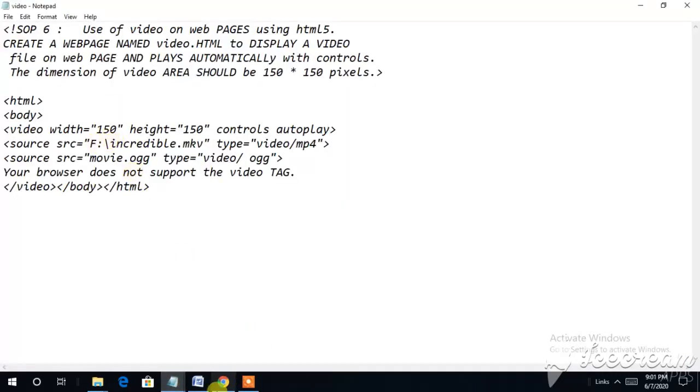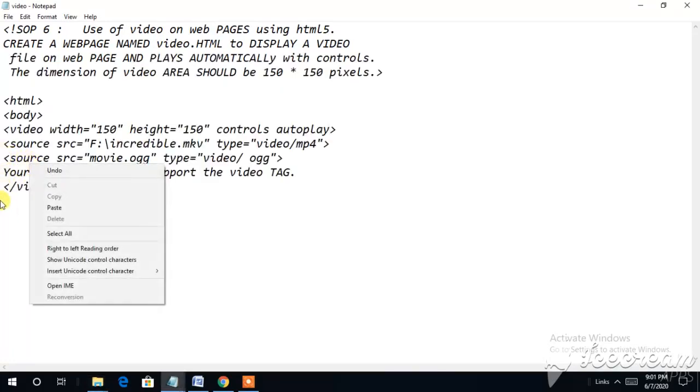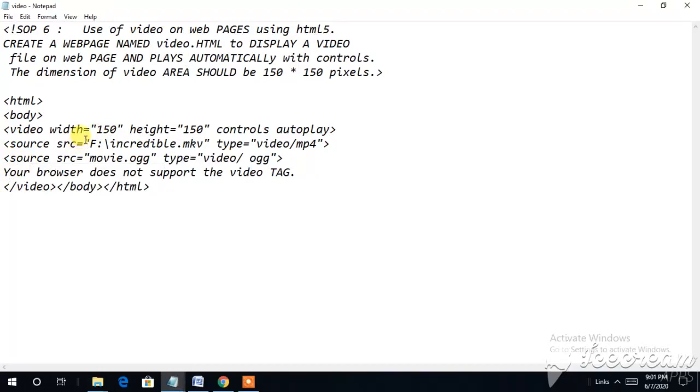Paste it here, and whatever the video is, again I am going there. See here, this is my Incredible, it is written. I just copied that, and dot whatever the name of the video, dot mkv, whatever I have copied, and just put it. Now in the second part I have seen source src movie. This I have not created, so I am deleting this. Otherwise, what I will be doing is again showing these things. But we will be taking this type of thing: Incredible, copy it, put it here with control V, and dot video dot ogg.